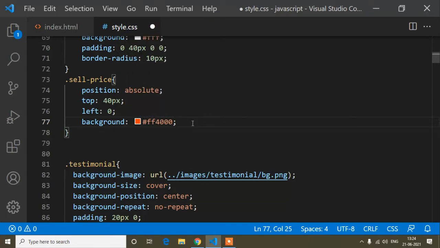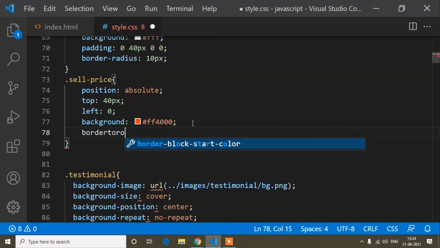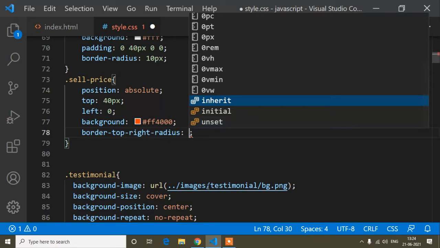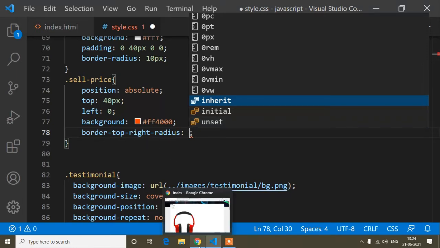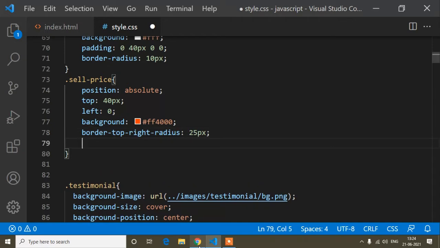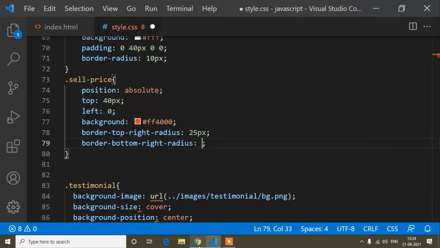Okay, and now here I will write border top right radius, because I will add the round on this right side of this element, so right radius 25 pixel, and the border bottom right radius also 25 pixel.